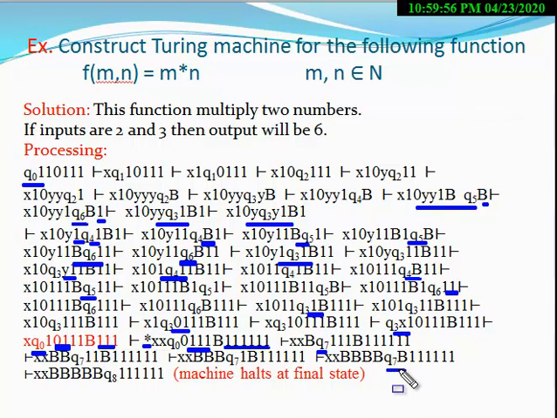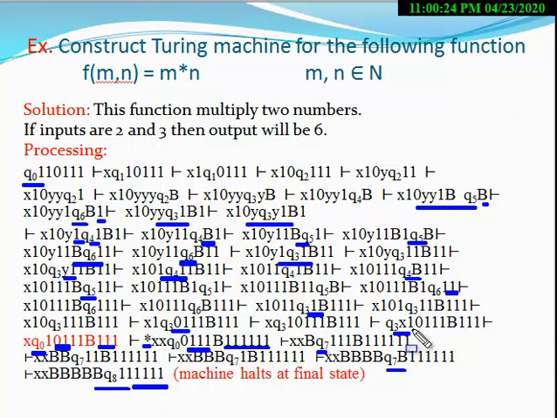As soon as a blank appears at the state Q7, the machine goes to the final state. So here Q8 is taken as the final state. When at the state Q7 a blank appears, the machine goes to the final state. At this configuration the number of ones is 6. So the output should be 6. Clearly the output is here 6. The number of 1s is 6.